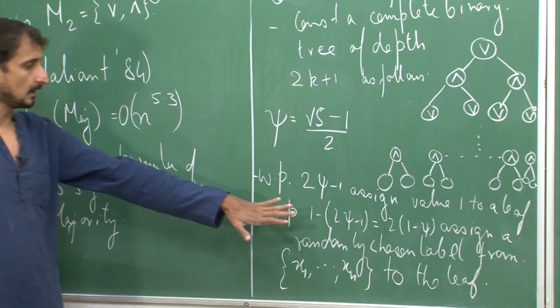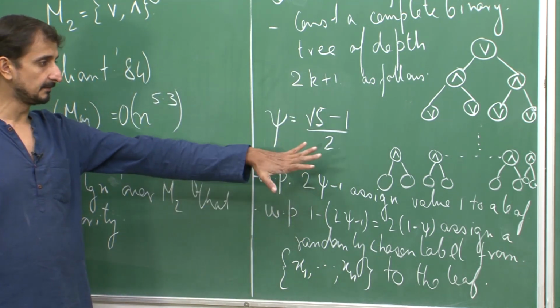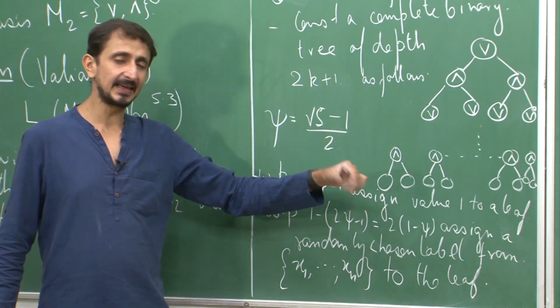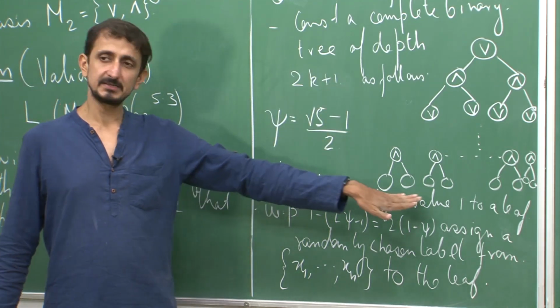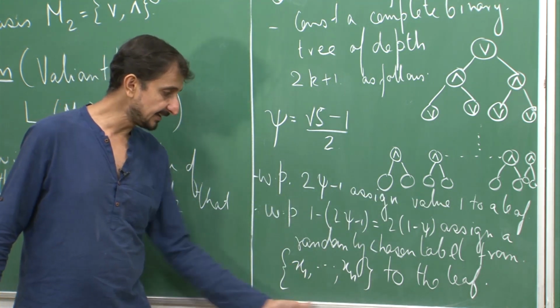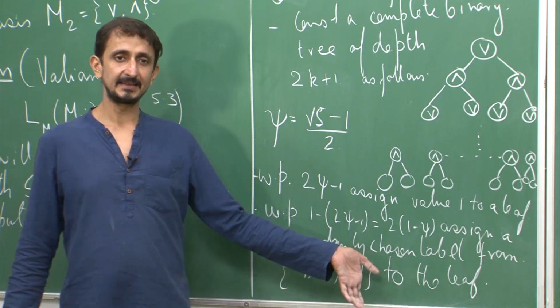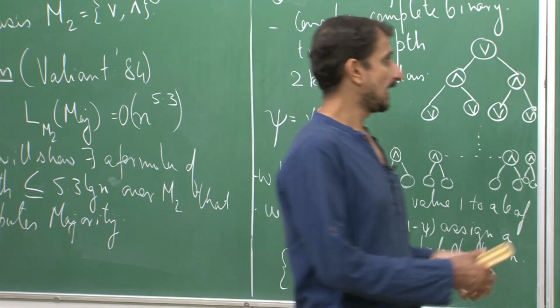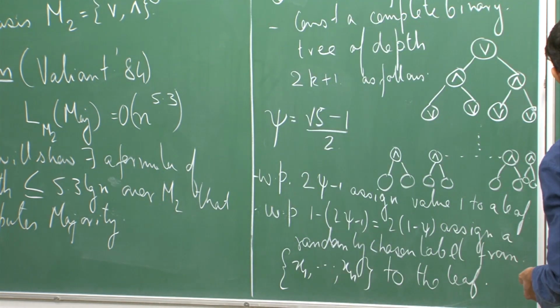So, the construction is very simple. This is clear. Now, with probability this much, I pick any leaf and assign it a 1, and with the remaining probability I pick any random variable from this set and assign that variable to the leaf. Okay. So, this is the entire construction, and now what we will show is that